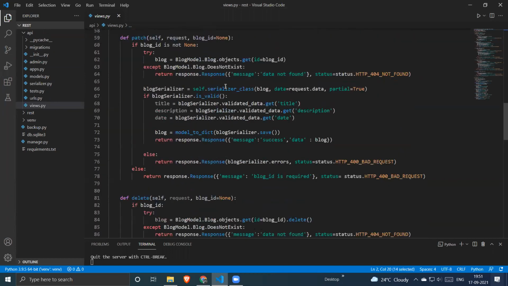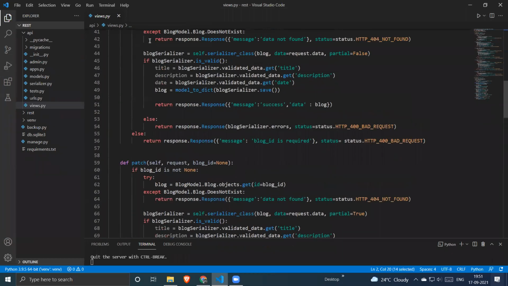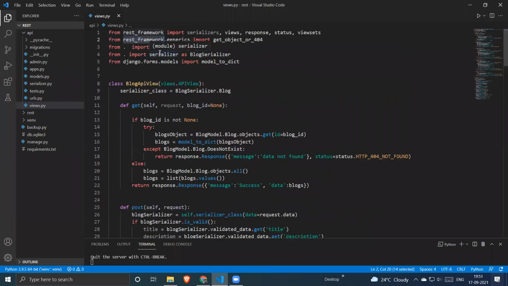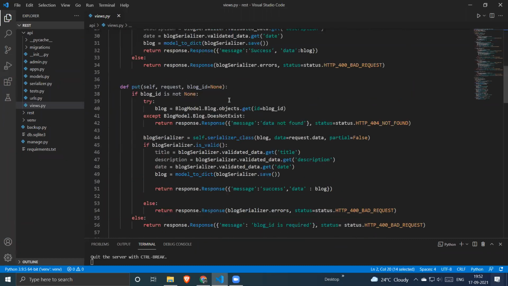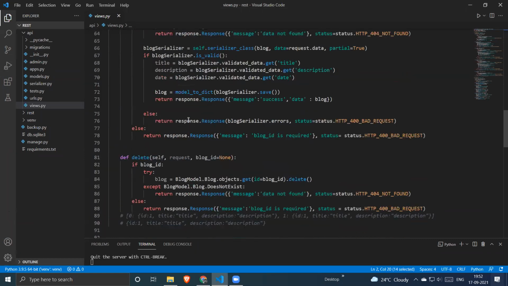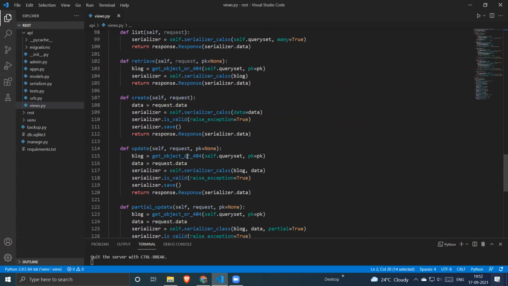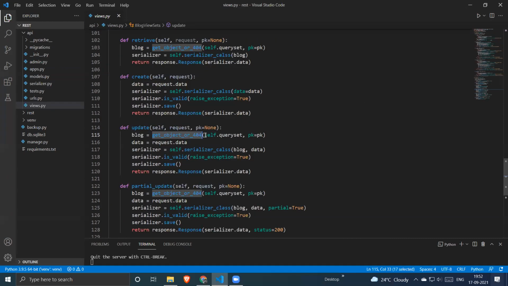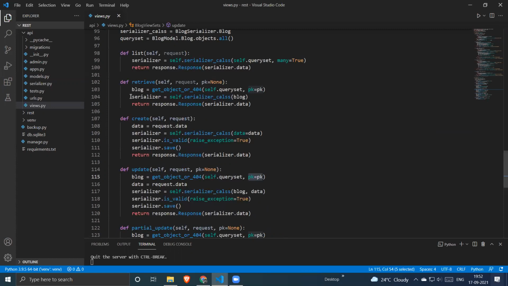So that's why we have to import it from the REST framework, because it will provide an HTTP response with the 404. So we have imported it from rest_framework.generics. We have to pass the entire query set and the primary key, which we want to get as an object. Then we passed that single object to the serializer, and in the response, we have